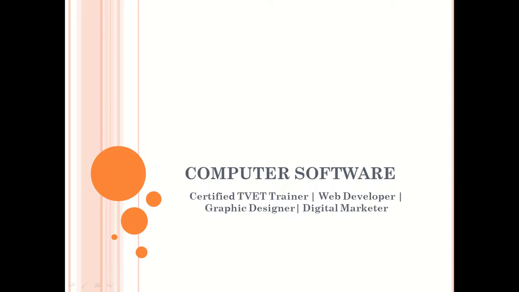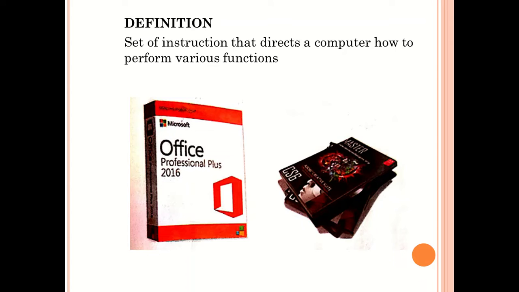Welcome to this tutorial, and in this tutorial I'm going to talk about computer software. We'll cover the definition of the word software, then we'll talk about types of computer software, then we'll talk about the operating system as one example of computer software. So computer software basically is a set of instructions that direct a computer on how to